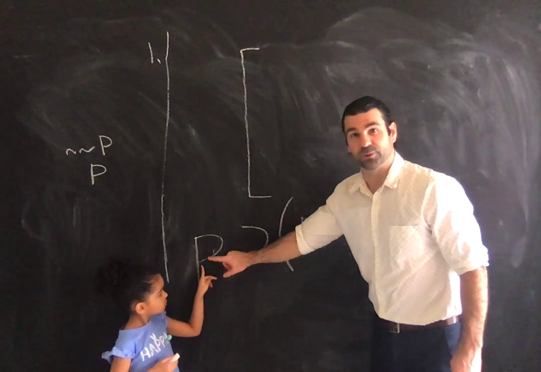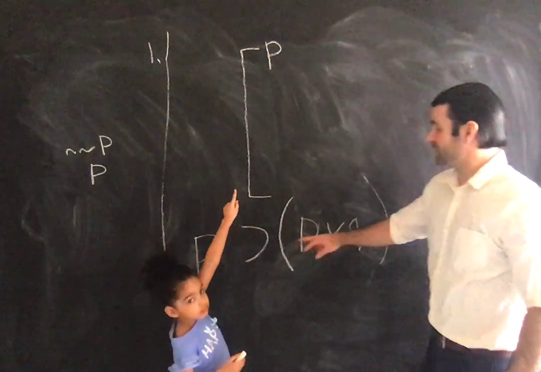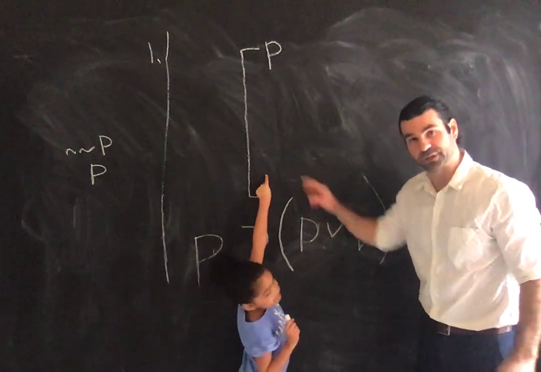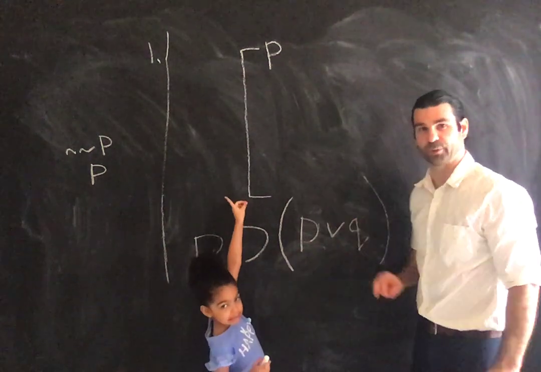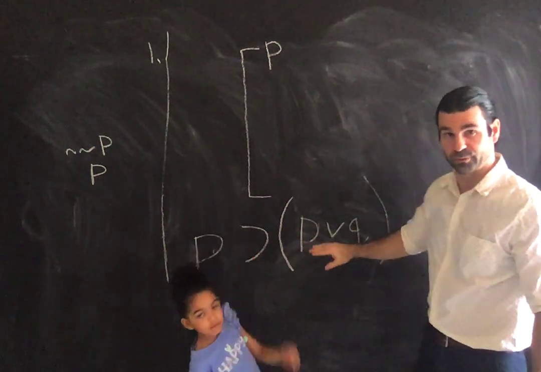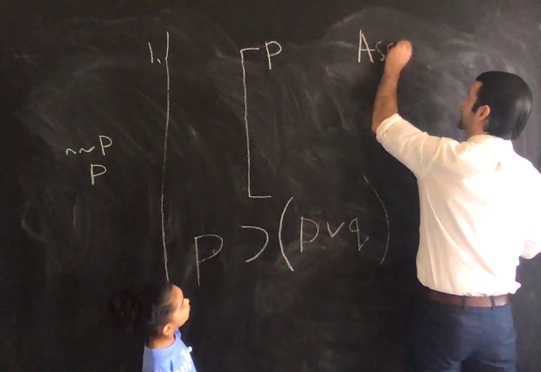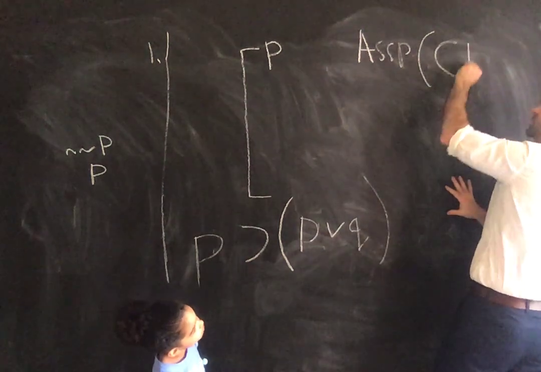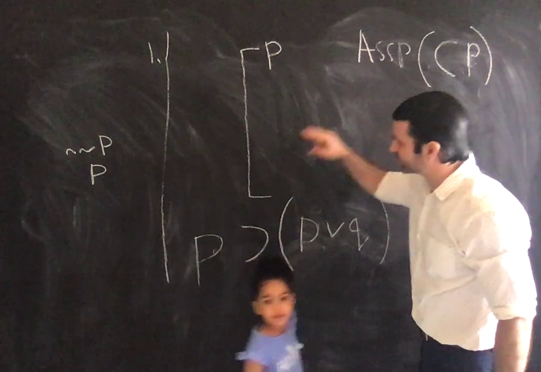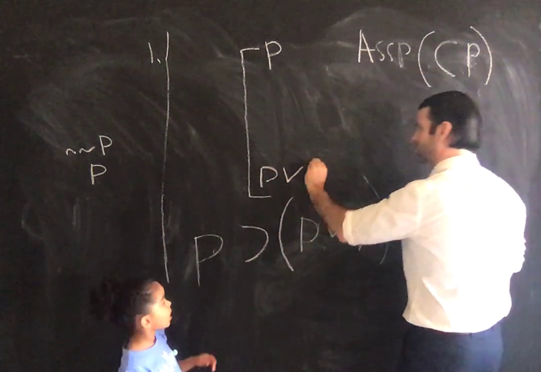What do you do with conditional proof? You assume the antecedent, and as I stress in the lectures for Unit 9, conditional proof has the advantage over indirect proof in that if you set up for conditional proof properly, you know exactly where you're going. Because you put the antecedent of the conditional you want to prove up the top. That's your assumption. My justification is assumption, ASSP, brackets, conditional proof, right? And, very crucially, you put the consequent of the conditional you want to prove at the bottom, P or Q,